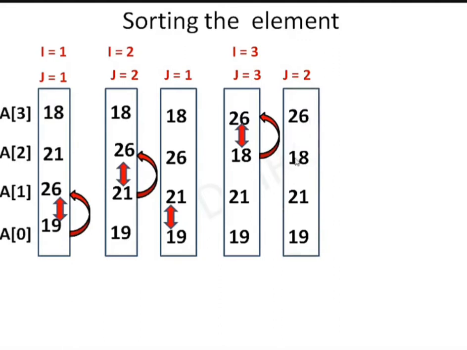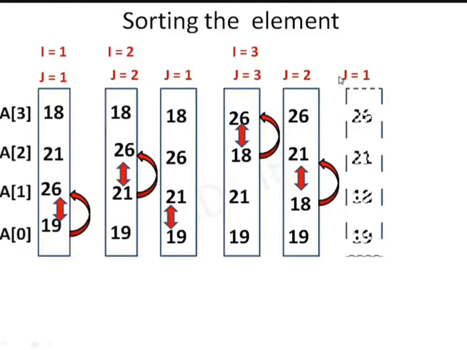We take this array element. Now A of j and A of j minus 1 are compared. Again A of j is lesser than A of j minus 1. That's true, so I'll interchange these two values. Then j is decremented to 1. Now I will have a comparison between A of j and A of j minus 1. Still it is lesser than this, right? So I will interchange these two values. Now j is decremented to 0. There will be no further comparison.